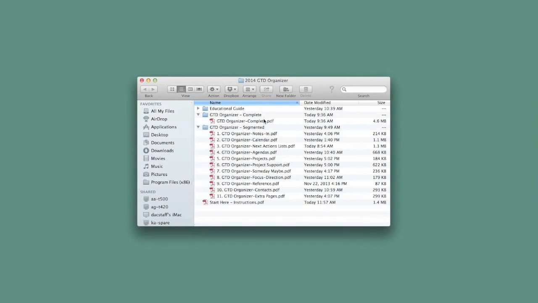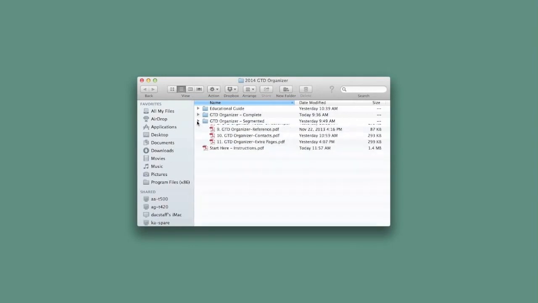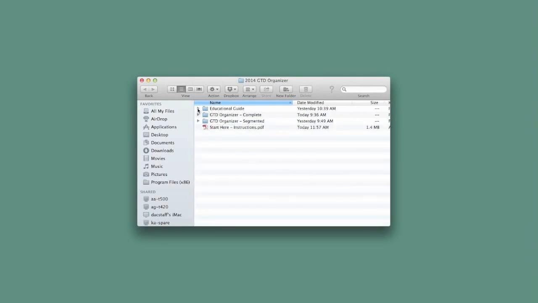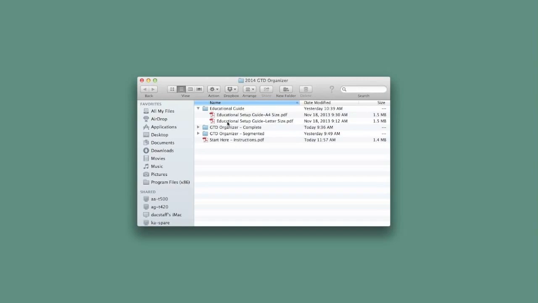When you buy the organizer, you're going to get a file on your desktop. When you open it up, you'll get three key components. You're going to get a brand new educational guide called GTD and Paper Organizers. If you're familiar with our setup guides, it's just like that, but it's brand new for this new GTD Organizer product and gives you all the great, rich GTD methodology information. How do you basically apply GTD to the recommended sections in the GTD Organizer?